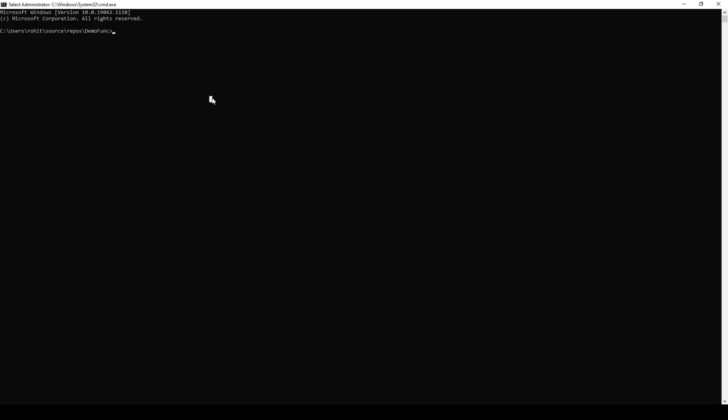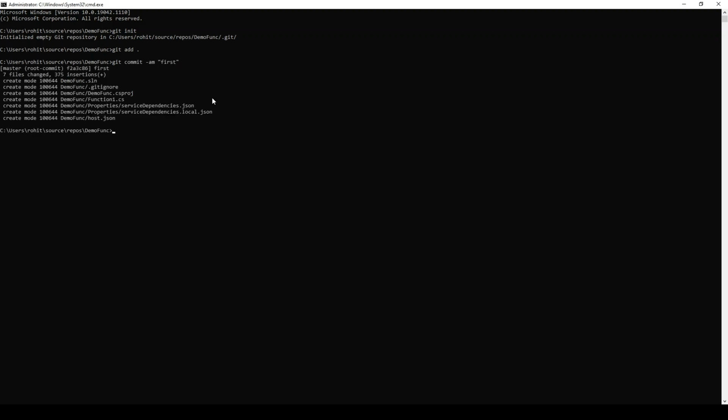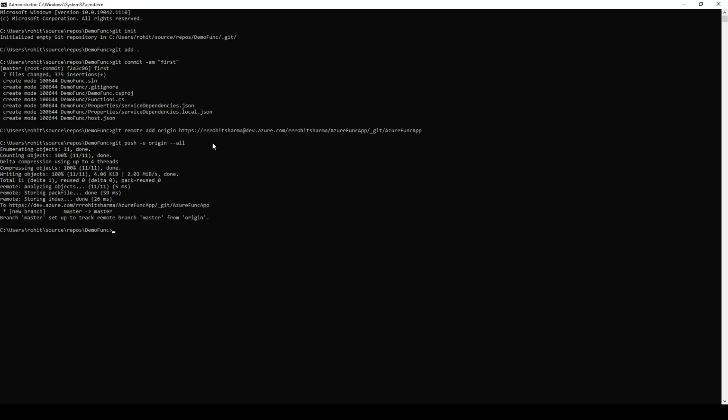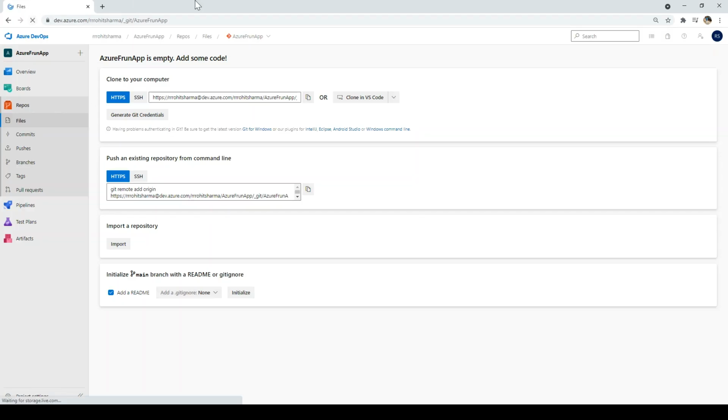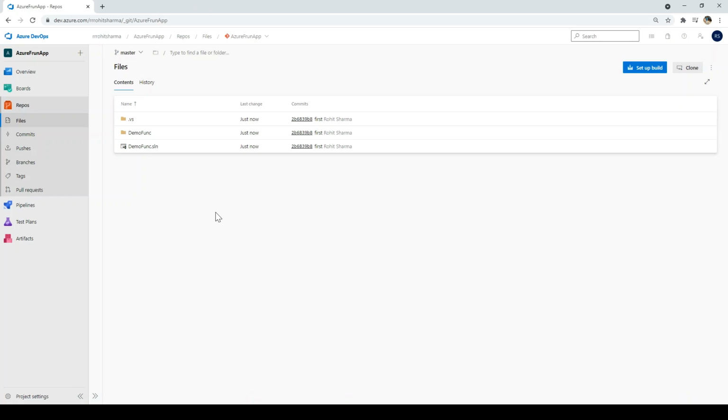Here first we'll initialize the repo, then we'll add all the files, we will commit, and we'll paste the command which we have copied earlier, enter. Cool, so all the files are pushed, and let me refresh here. Cool, so the repo is pushed in.